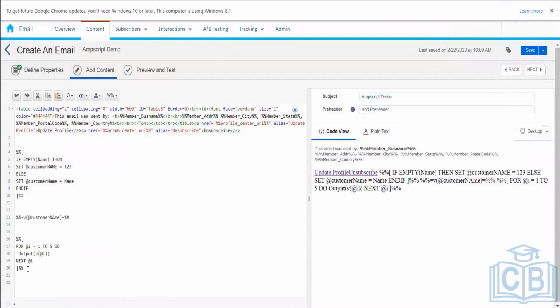Here we are printing the numbers from 1 to 5. Here we are using the open delimiter for keyword. Now what's happening? This is my variable, @I. This is my variable. The moment we mention the variable,